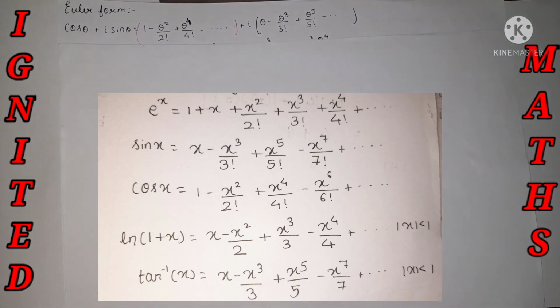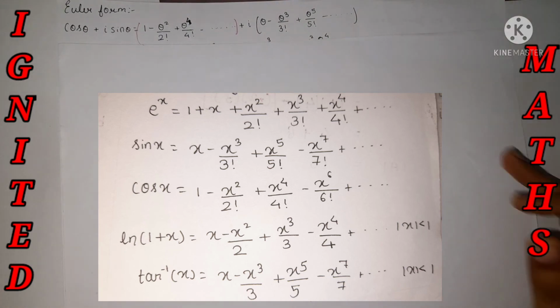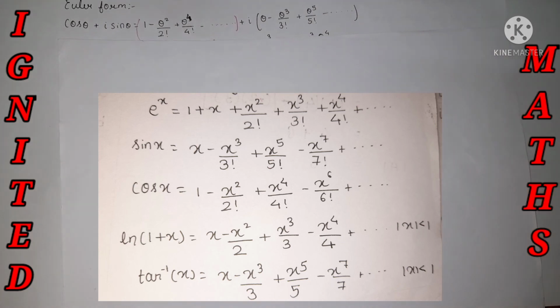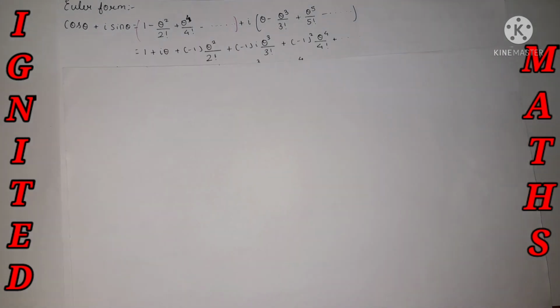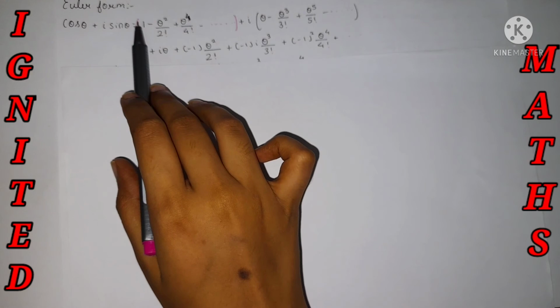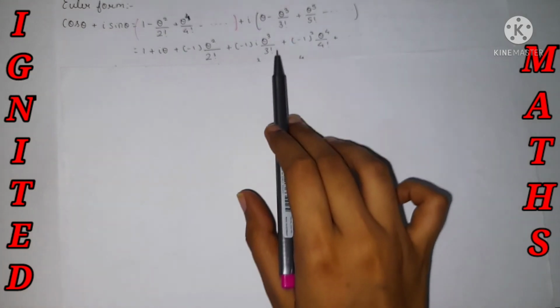It just goes on, but don't be confused with sin x, in which x is an angle. Over here theta is an angle, so don't be confused with it. In formulas you will mostly see a difference, so no more confusion. Remove the bracket of it. We have removed it for each and every term. We are going to write it over here.